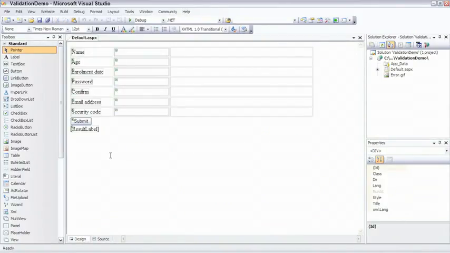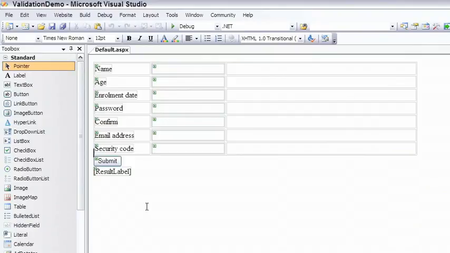Okay, so here's our test page. As you can see, it contains various text boxes, and there isn't any validation in this application at the moment. So the user has to enter their name and their age. These are the business rules we're going to insist on. We'll make sure that the user enters a name. We'll make sure the user enters an age, and we'll also insist that the age is between 18 and 65 inclusive. And the enrollment date, we'll also insist on a range of values for the enrollment date. So we'll choose a beginning date and an end date and ensure that the user enters a value in that